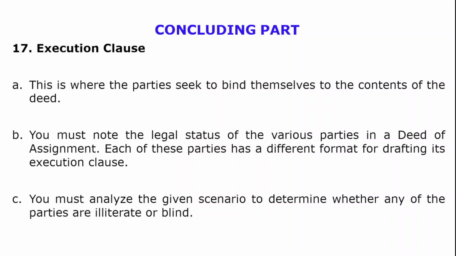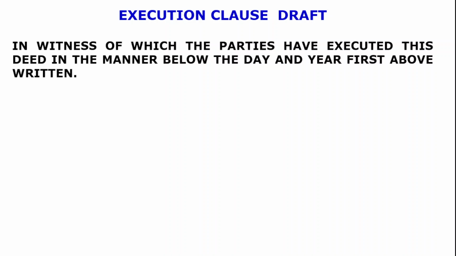Since we are working with a scenario, Chief Adeola is a private individual. Jumoke Kende is also a private individual. So let's look at how to draft the execution clause for a private individual. In witness whereof the parties have executed this deed in the manner below, the day and year first above written. That's our testimonium. The next thing we go to is our execution clause. Don't forget, schedule is not compulsory or mandatory. So we move into our